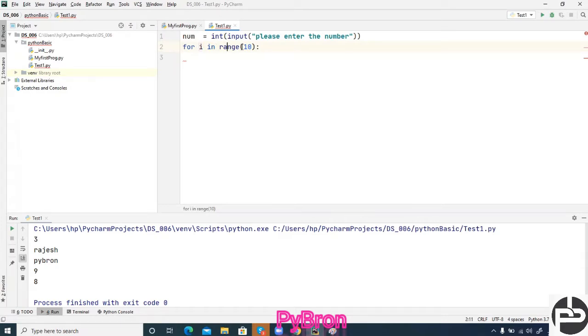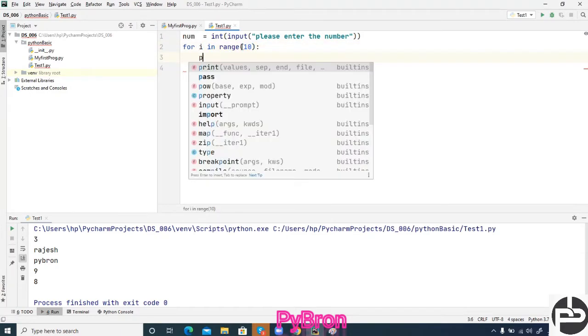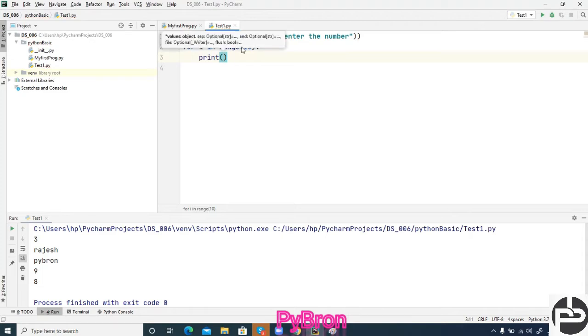So what I'm going to do, try to understand here. Print num, comma, double inverted comma, x, meaning 2 cross i. So I will come here, 2 cross i equal to num into i. Sorry, I made a mistake, my bad. num into i. Okay, let's see what output we are getting.